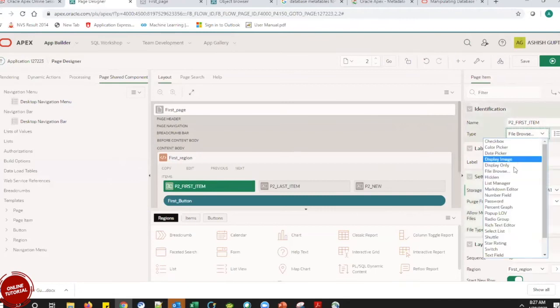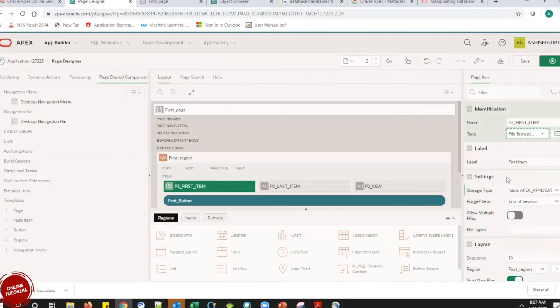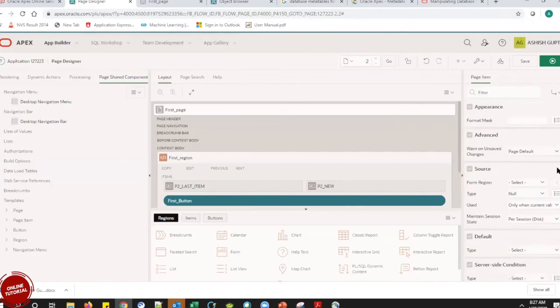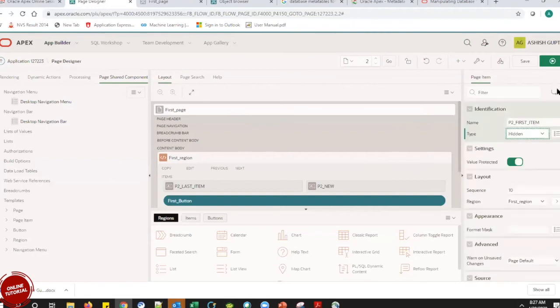Okay. Now next is my hidden. In my hidden, what is going to happen? I actually have this value in my form, but I am really not going to show it on my front end screen.